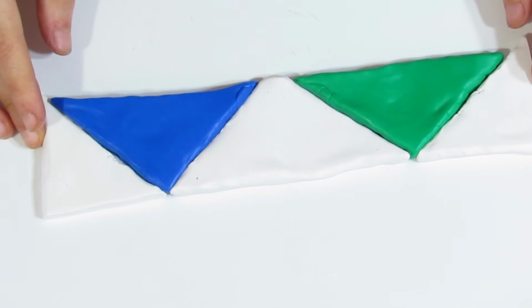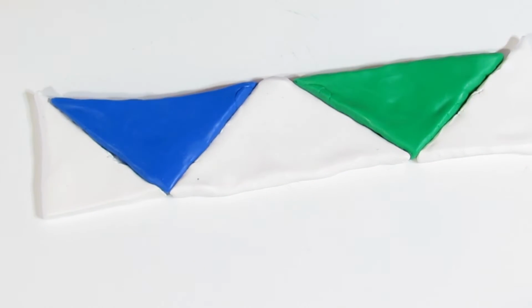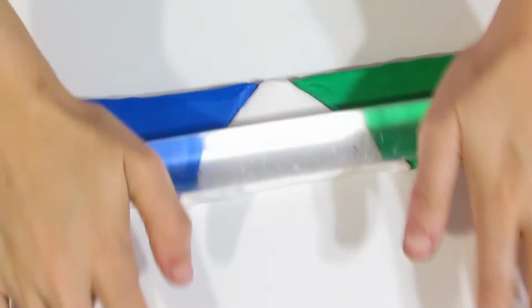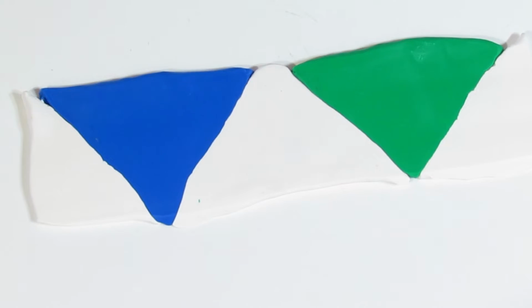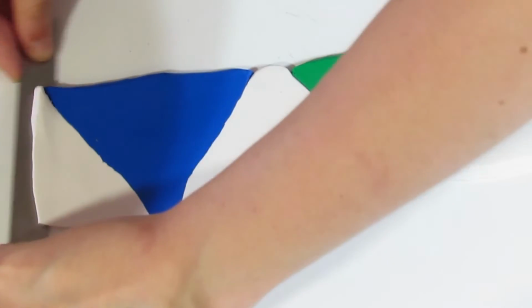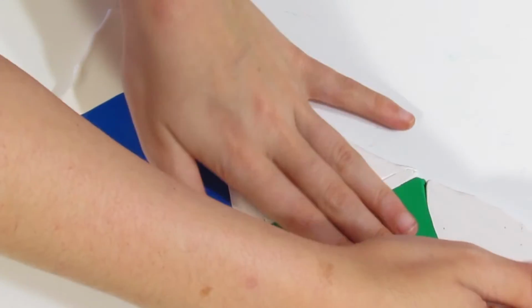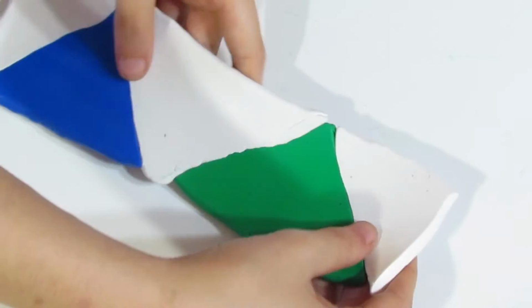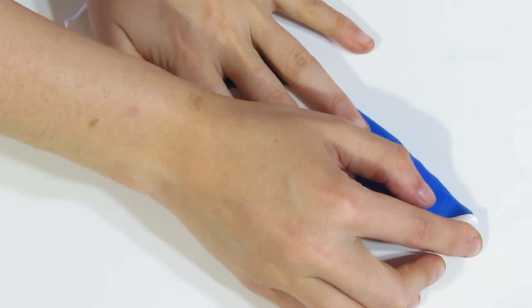like so. Now this is probably going to be a bit too wide to put through your pasta machine, so what I like to do in that case is first I will take a roller and just roll this together so that it is stuck together. So just be quite vigorous with that. Okay. Then lift that up. And then what you're going to do is start from one side and gently push. Start from that side and just hold it with this hand and push in. And that will just condense the clay. And I'll just do that a few times